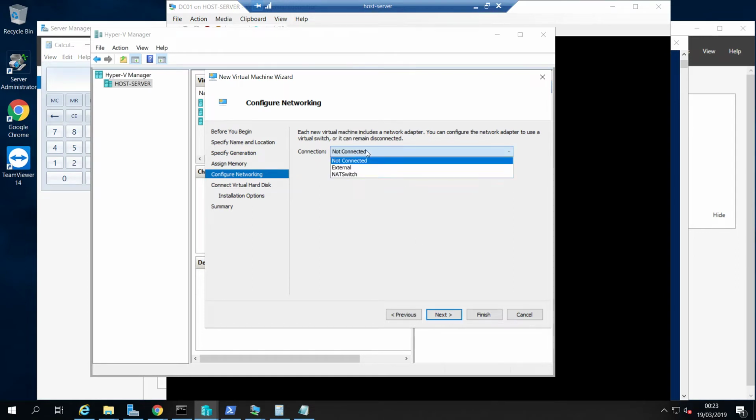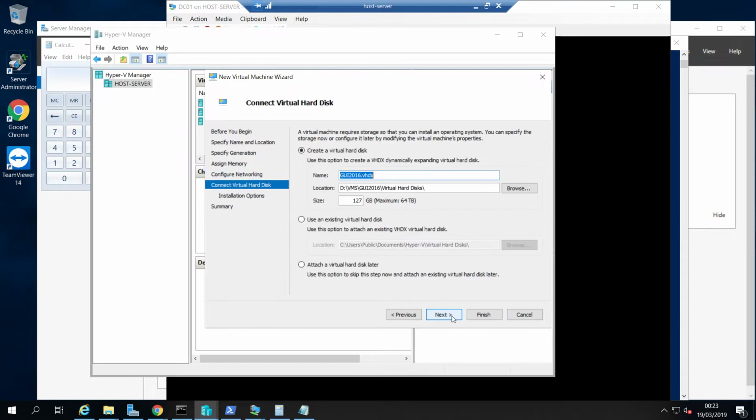Next, we are going to connect to our NAT switch, and we are going to assign 50 gigabytes. Now, this is a dynamically expanding drive, so even though we'll assign that, it's going to start very small. So if we have a look here, DVMs, if we just go to next